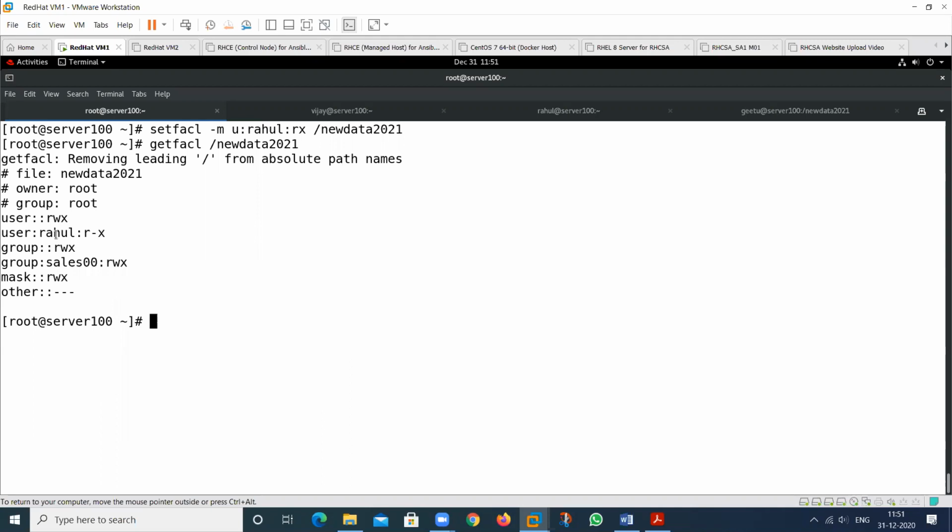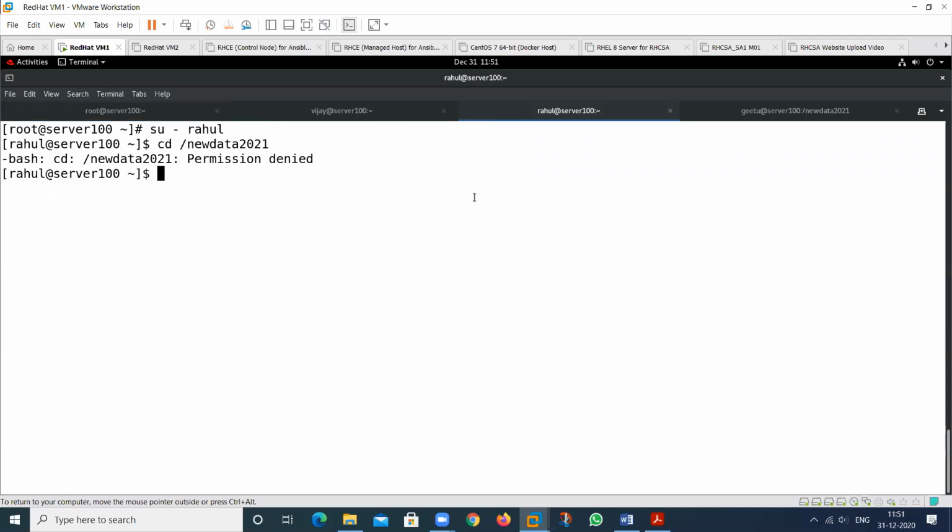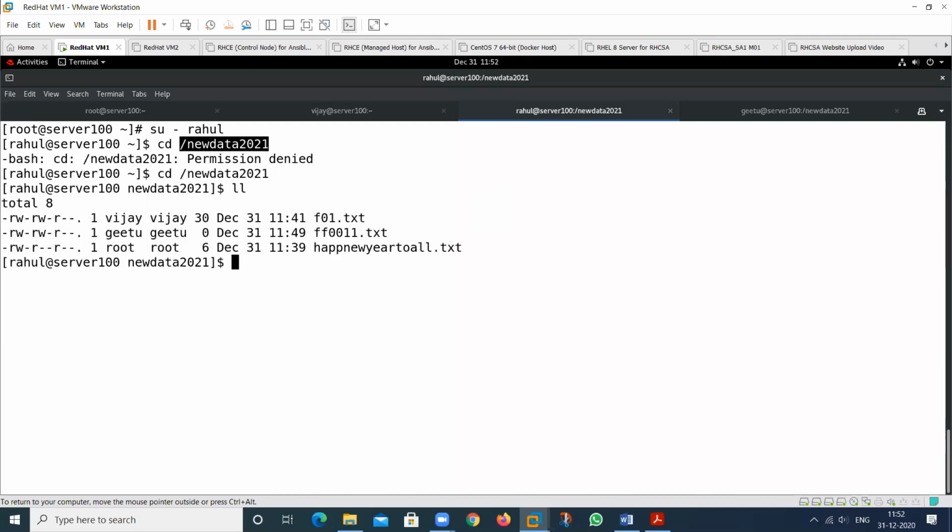So the user preference will take the first, and after this the group permission will be applicable if I remove this one. See the result. Now this user is able to enter this particular directory, so it can perform this particular command and it can also perform this command. Now check,